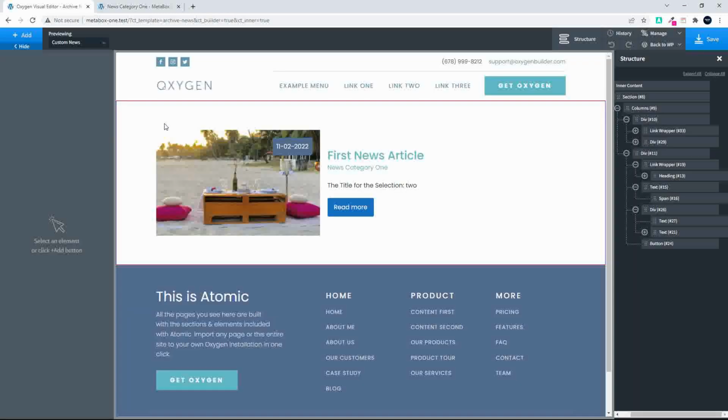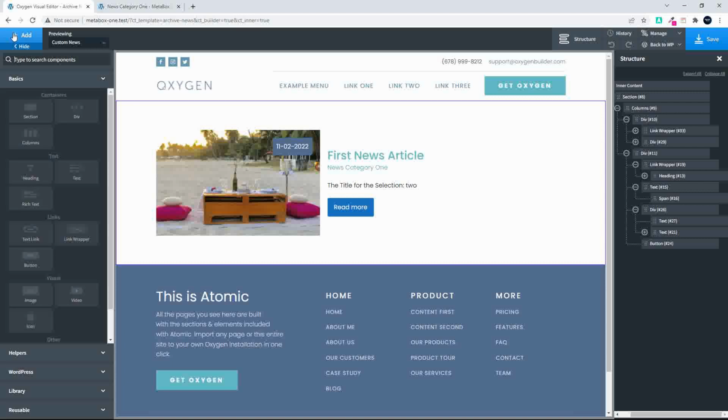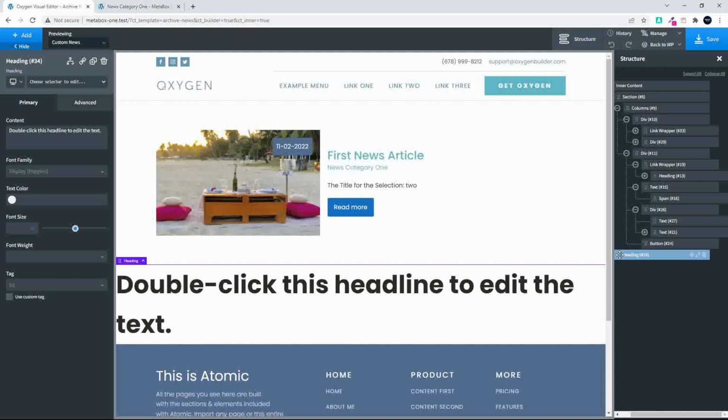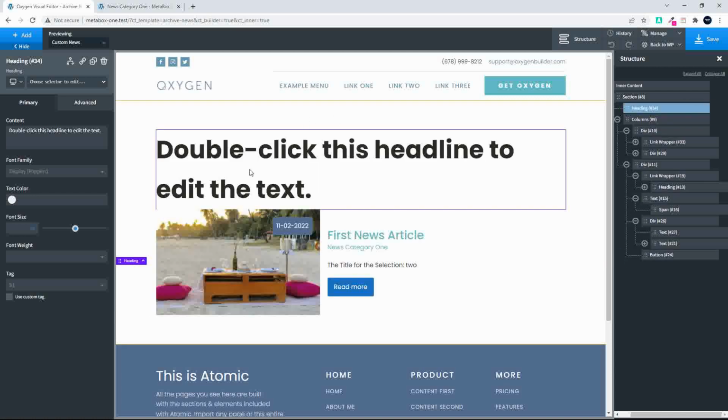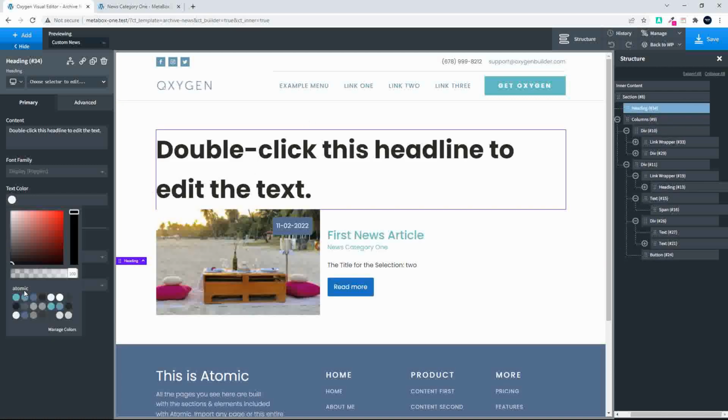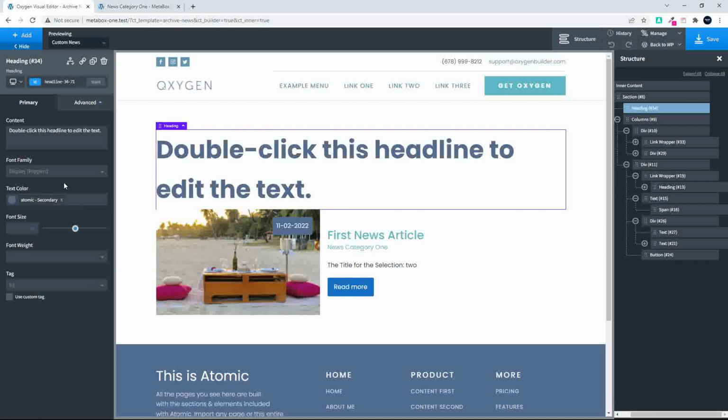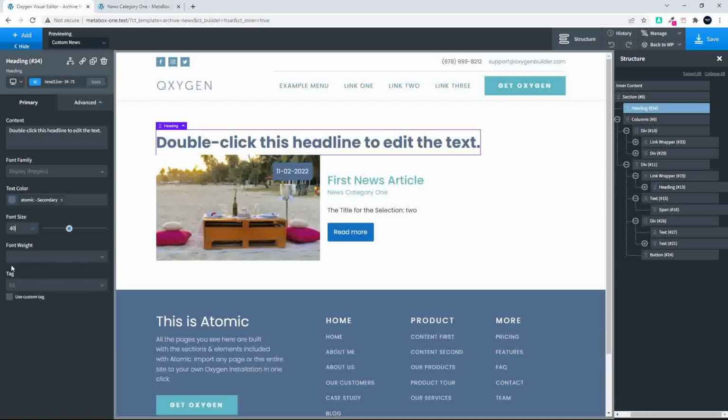The last thing I need to add on this page is going to be the archive title. So we'll add a title, so a heading, and I'm going to move that heading to the inside of the section, make some changes. Let's change the color. Of course, the font size, I'm going to drop that down, the font weight to 500. H1 is a fine tag, and the next thing I'm going to do to put that in the middle is